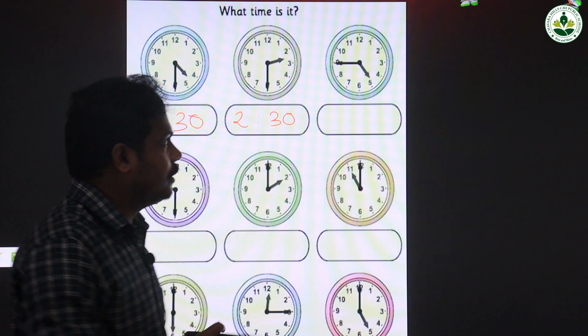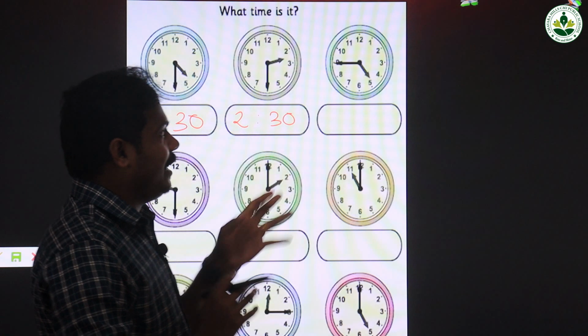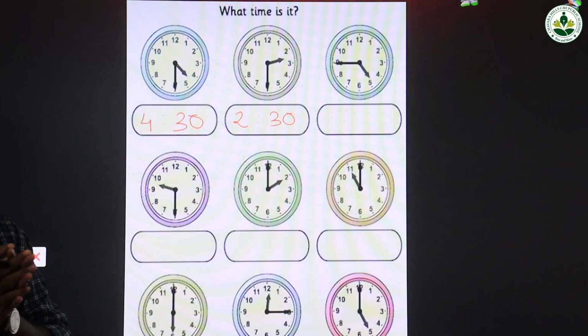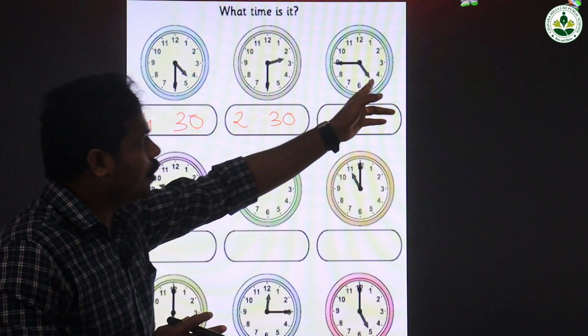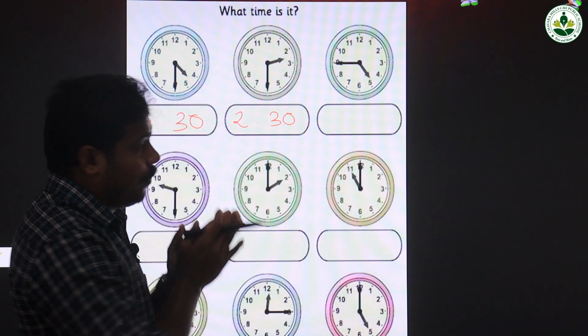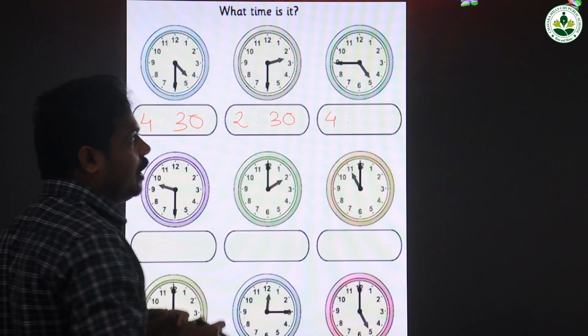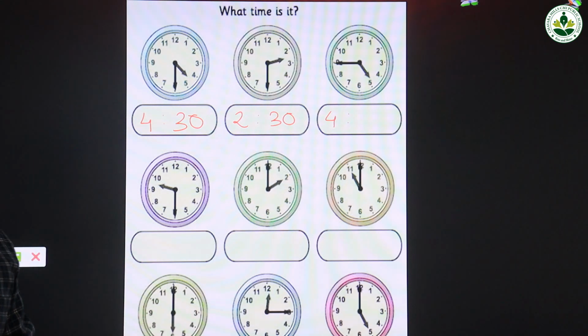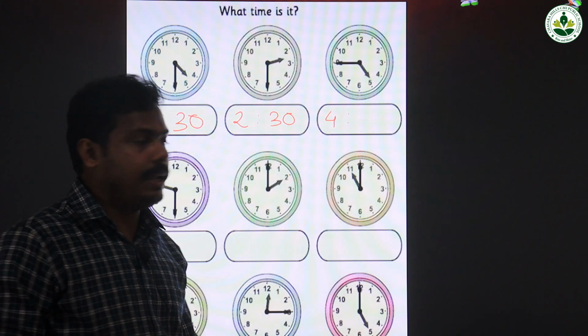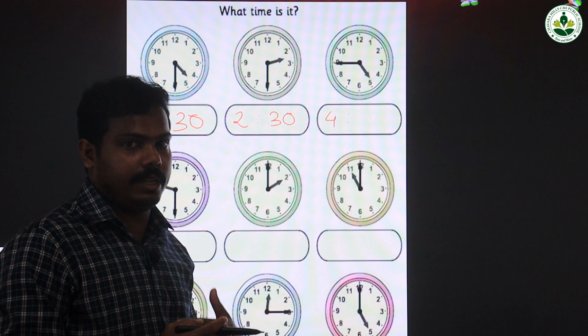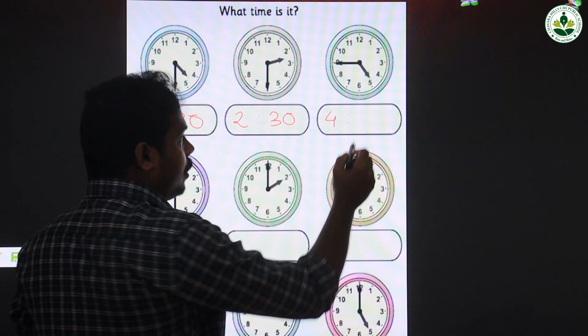And the next one. Where is the hour hand? Yes, it is between 4 and 5. It is not on 5. So we write 4. And where is the minute hand? It is on 9. So we write 9 means how many minutes? It is 45. So we write